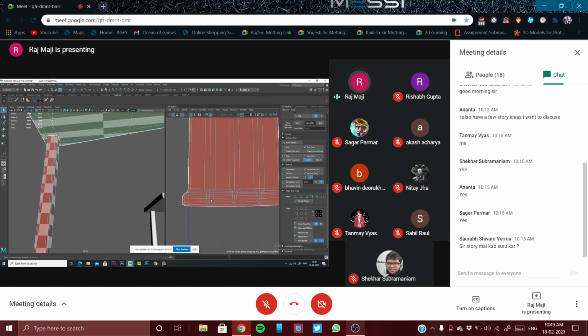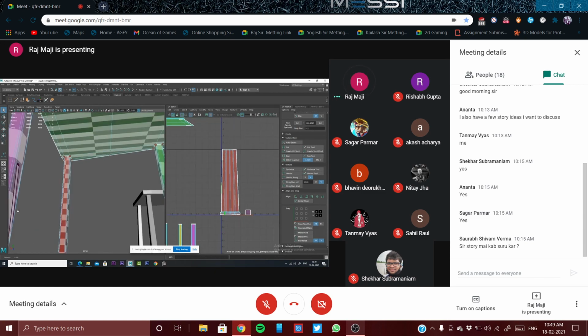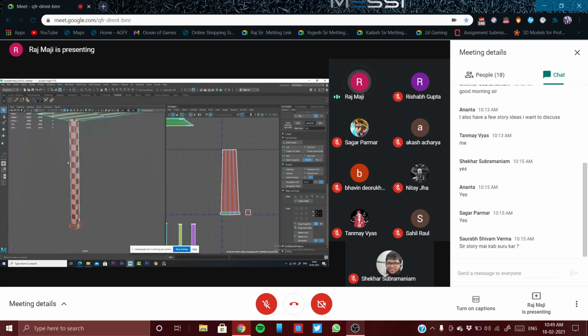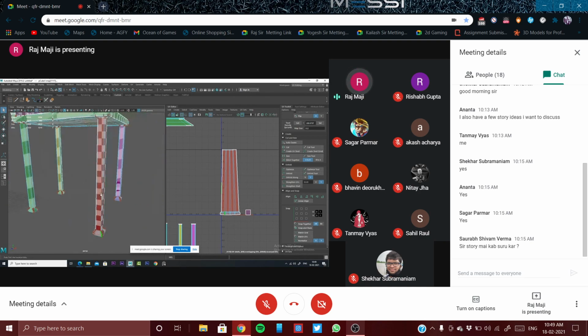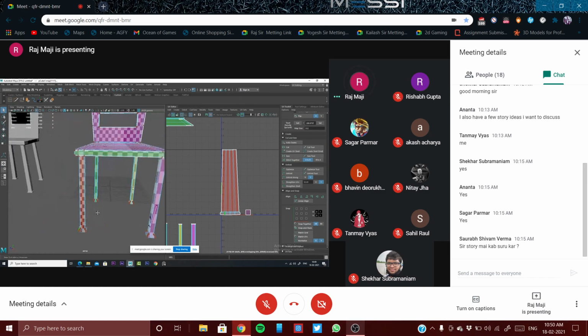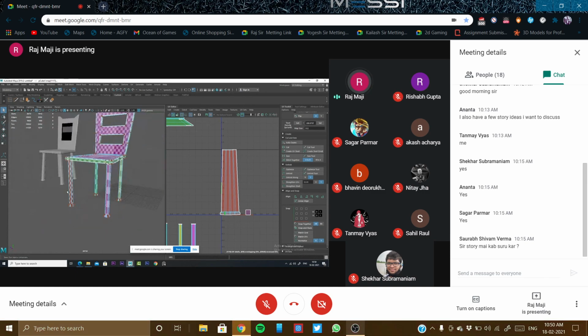So if you are working for a project, definitely it could be done something like this. Anyway, so this is the UVs. You can see I'm getting a decent result of the checker boxes. This is looking nice. So similarly, I need to do for all the legs.